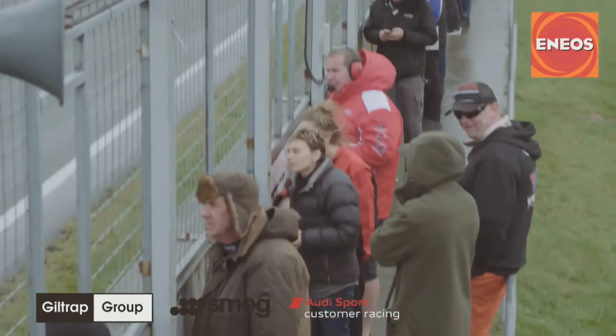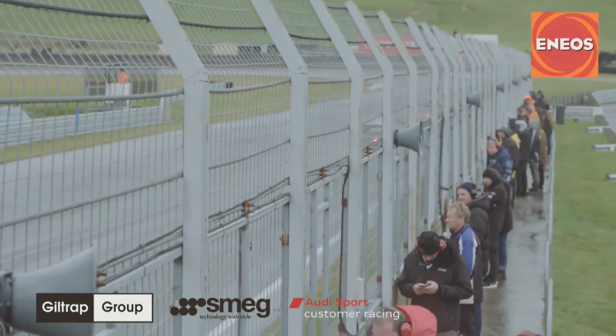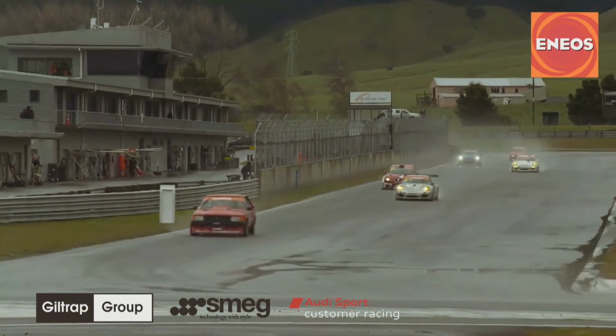A little bit further back, and I can see currently our 4th place man Dean Perkins coming across the line now in the Falcon, but I think that position